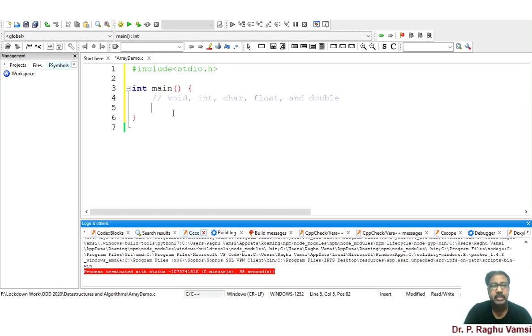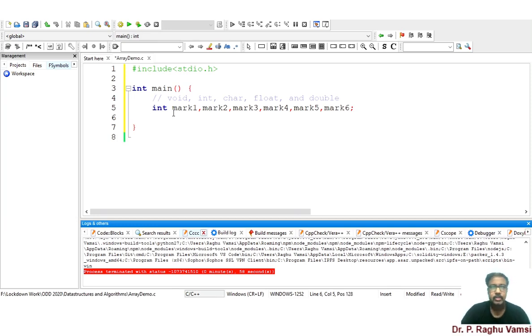So you can declare any variable like this. For example, I want to declare marks of 6 subjects. Then the marks may be in integer form or maybe a float form. So for simplification, I am taking the integer form: int mark1, mark2, mark3, mark4, mark5, and mark6.